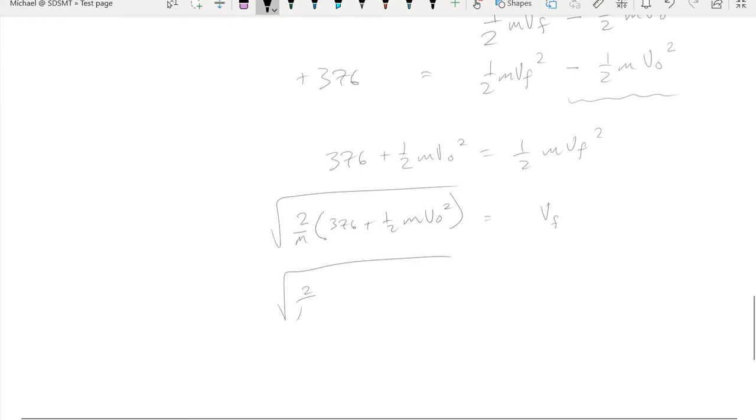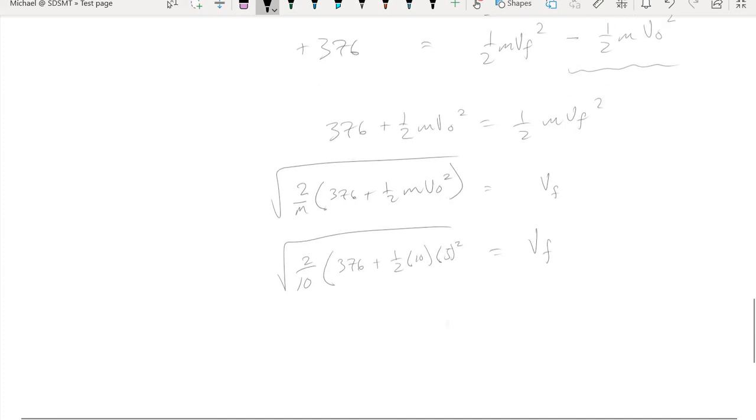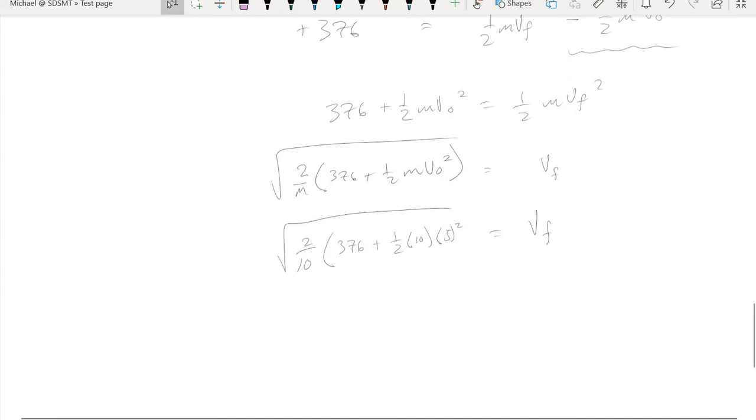So 2 over mass is 10. 376 plus 2 mass, and we said the initial velocity was going to be 5 squared. So let's see what we get. 376 times 2 over 10 is